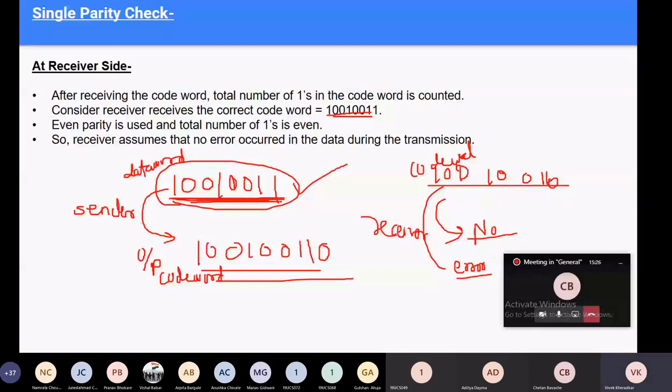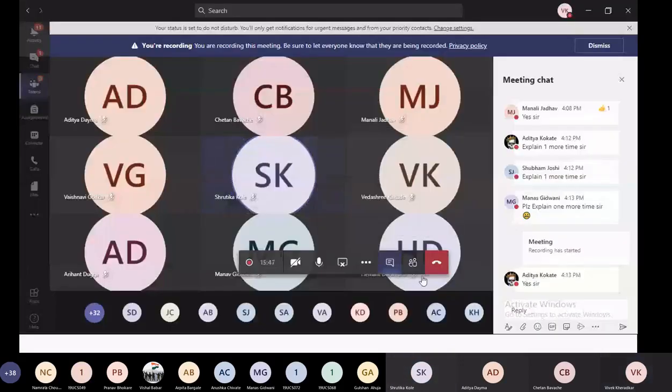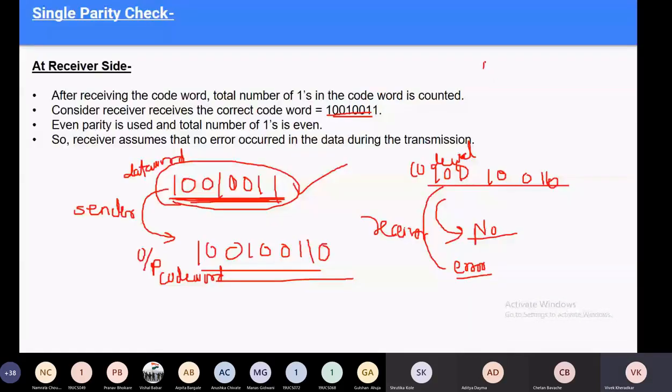Yes, what is the algorithm for this? This is the analysis part, right? What is the algorithm for this? Store string to data word. Yes. Anyone? Tell me, what is the algorithm for this? It's very simple. What is the first step?